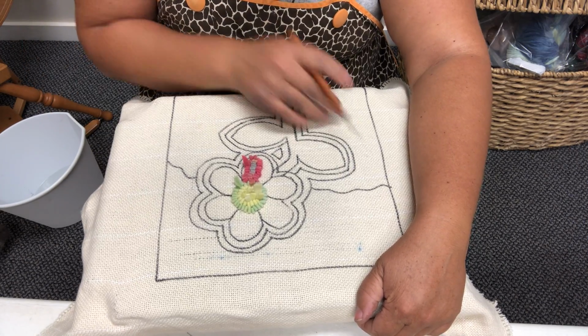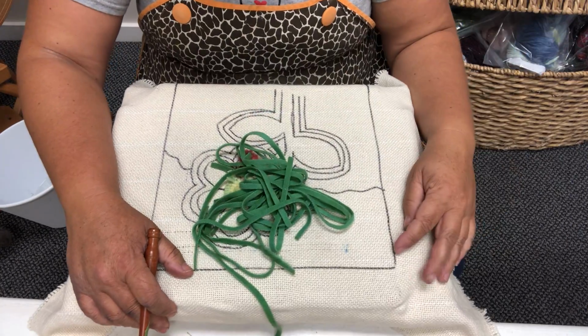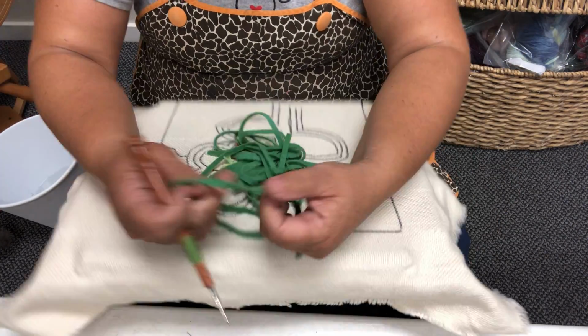And I would do the same thing with your grass. So I chose a more blasé green, but knowing that I did that, even though there are hints that,